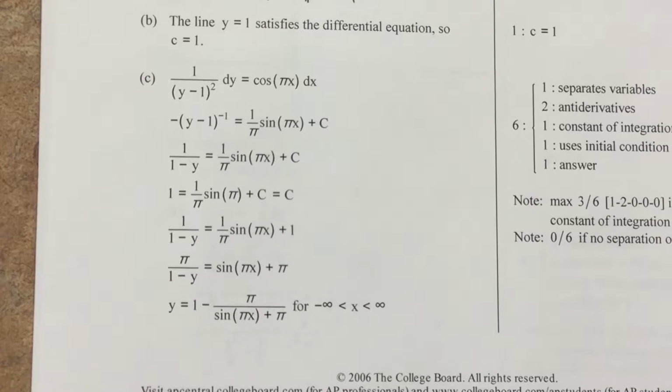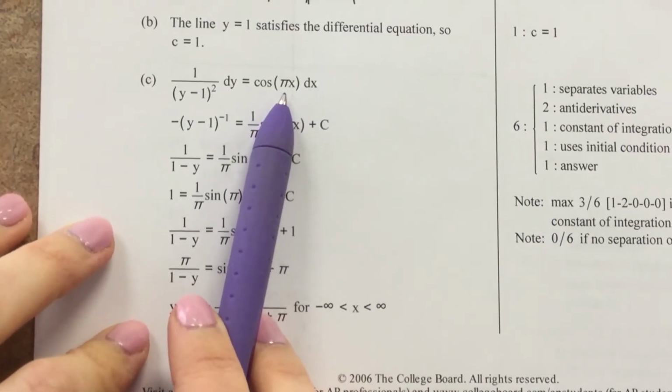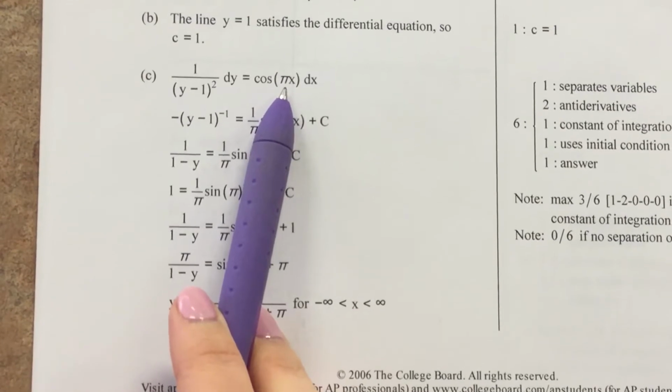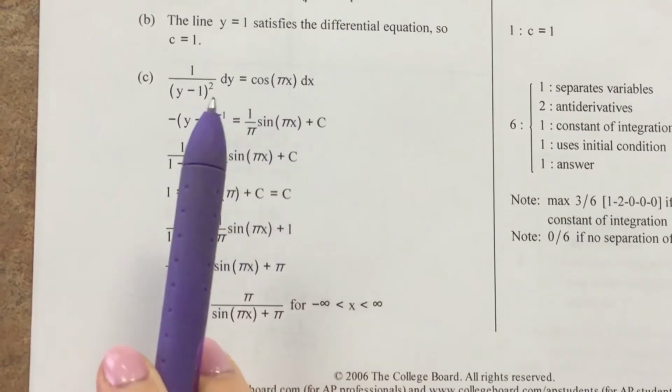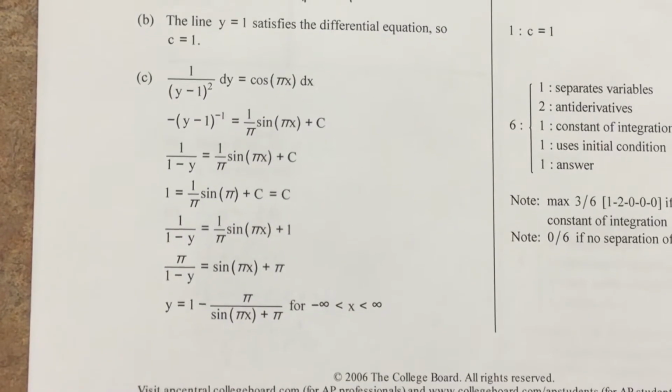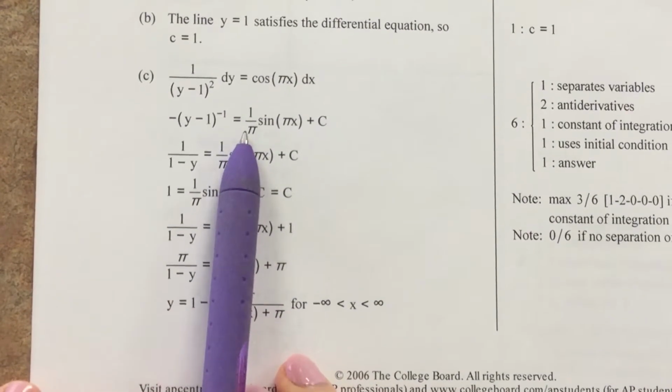You divide by -1, so the left-hand side on that second line is negative, and then y minus 1 raised to the negative first power. That 1 over pi, let me show you. There's two ways you can think about this. If this nested function is just something linear, you can just know that, like doing a derivative chain rule, you'd multiply by pi, so doing an antiderivative chain rule, you'd divide by pi. Just knowing that would happen, you could know that the 1 over pi was going to be